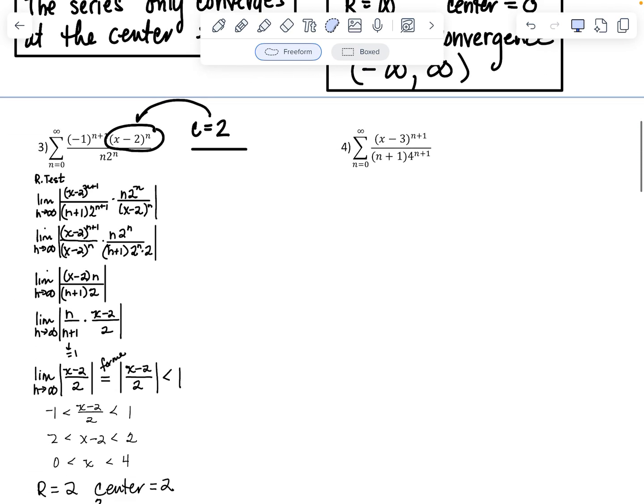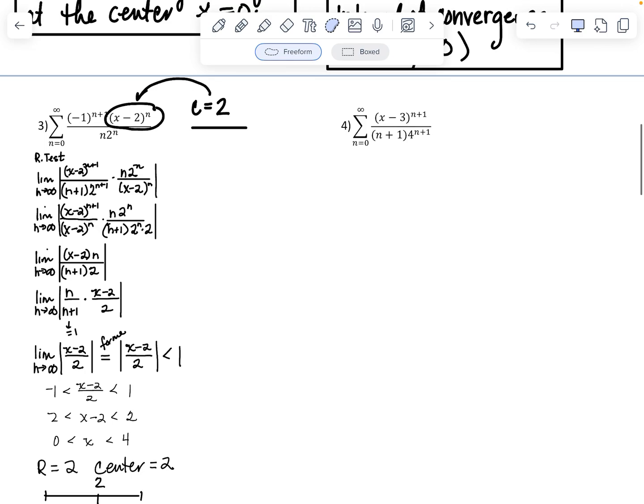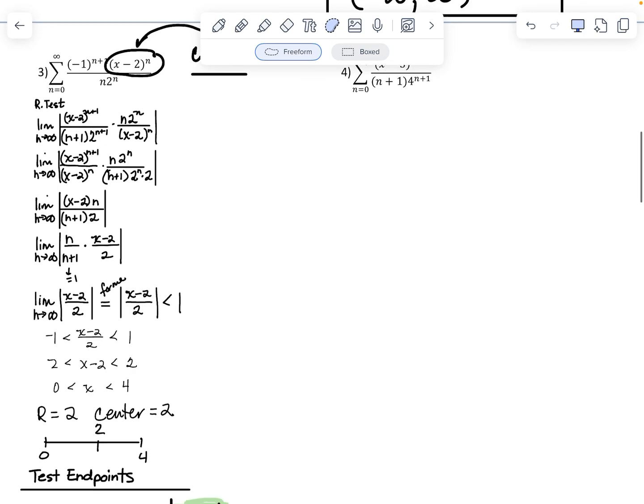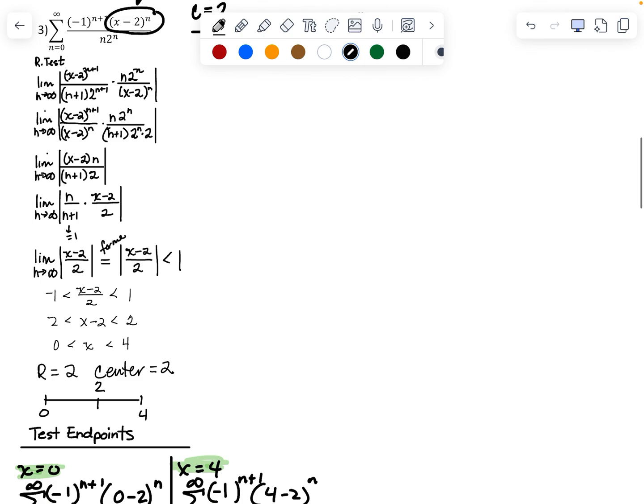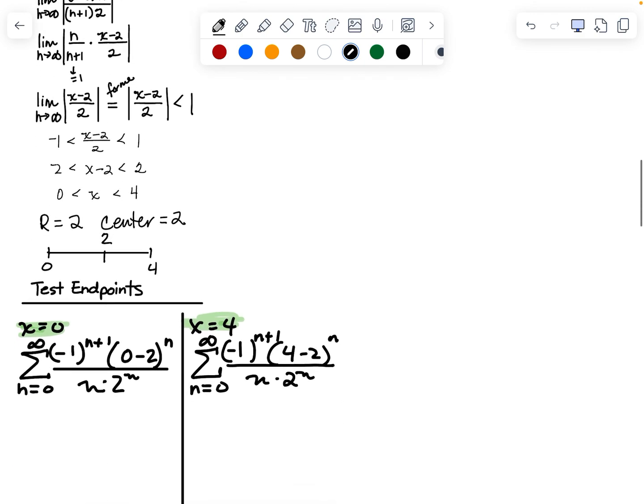So this next one we had centered at 2, c is equal to 2, and then we did the ratio test. As we work down here, we're seeing that the absolute value of x minus 2 over 2 has to be less than 1 for convergence. Remember we took the limit, and with the ratio test you have to have the limit less than 1 for convergence. Greater than 1, it diverges. So we set our expression between -1 and 1 using the absolute value rule, and we get the interval from